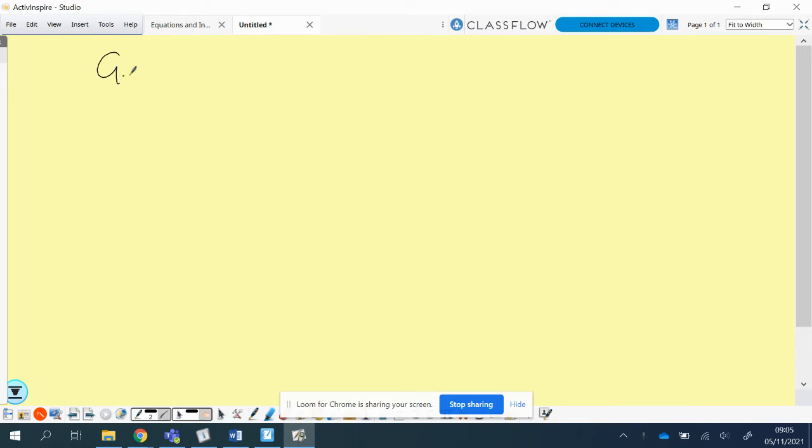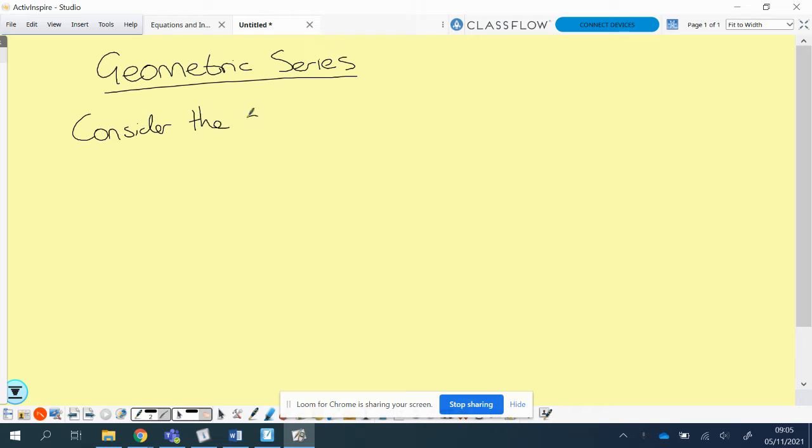Okay, so today we're going to be looking at what a geometric series looks like. So let's consider the sequence U1, U2, U3, all the way up, defined by the recurrence relation